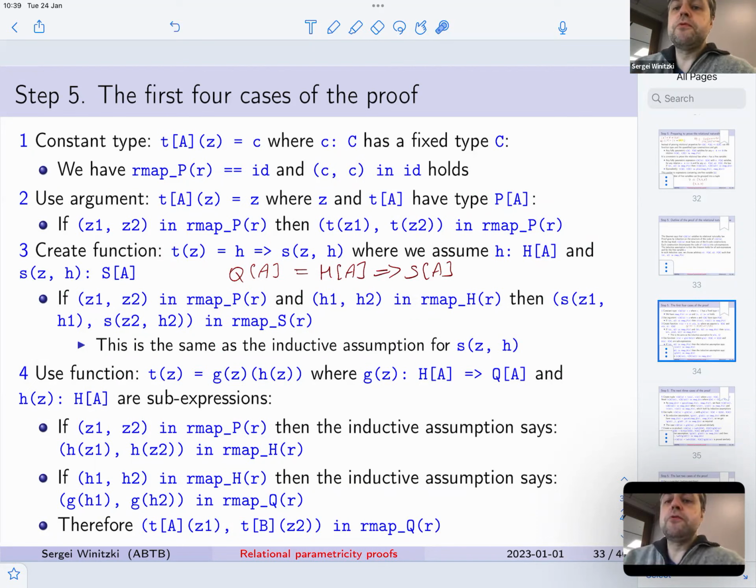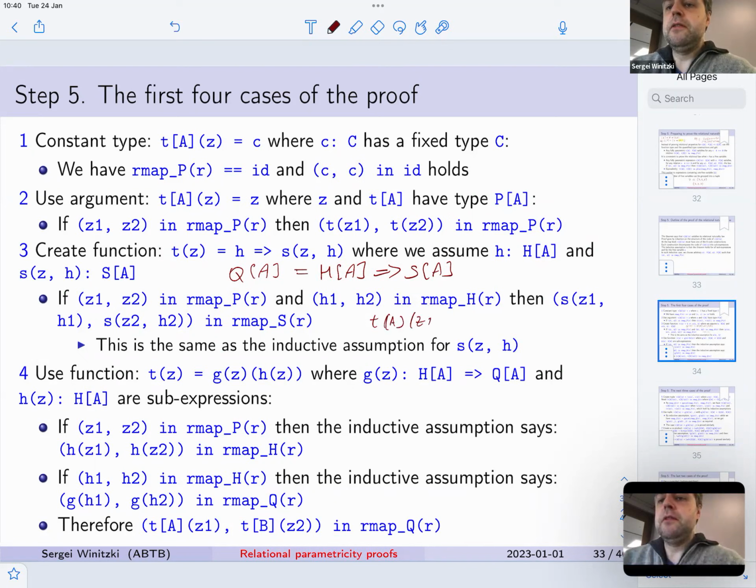Now, what we need to prove is that if Z are in those relations and H1 and H2 is in this relation, then S of Z1, H1, S of Z2, H2 is in that relation. So that's what we need to prove, because that's going to be the pair mapper of this type. And if we prove that, that's the same that T of A